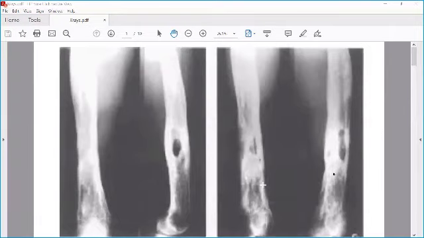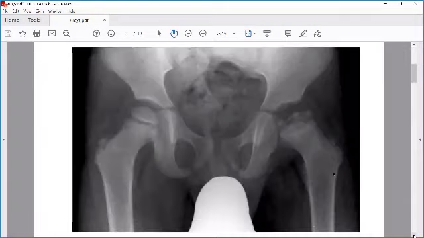So make note that in chronic osteomyelitis, you have to look for 2 things: the sequestrum and the involucrum. At your stage, you need to know only this much. So what is this one? Can anyone tell what this X-ray is showing? Is it a young boy's X-ray or an adult X-ray? Can anyone make a guess?